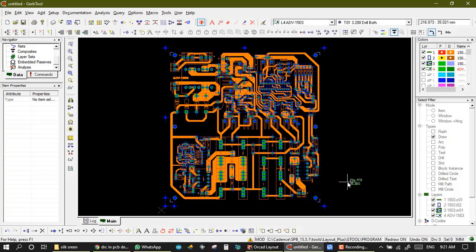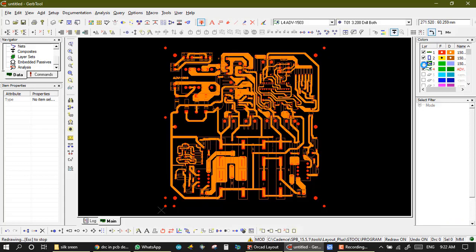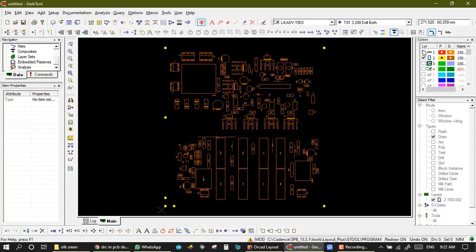We set the mask with reference to the copper layer, and the difference between the flash or pad of the copper layer and the masking layer is in most production now 0.15 mm. After that we set the masking layer, and after that we set the copper layer. In the copper layer we set the distance between flash to flash, trace to trace, trace to flash, drill to pad, and drill to drill as per our production plan. After setting the copper layer, we set the silk layer. This is my silk layer, and we make changes in the silk layer as per our production.